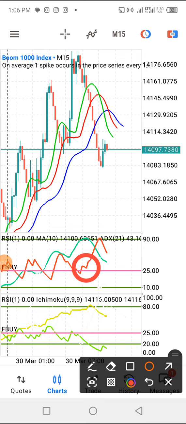No matter how big the spike is, there's no spike that is going to go above this point. So it is going to spike, but definitely it will come back again. Then secondly, you will see that the green line, which is this one, the positive, is below 25. So when the positive is below and the negative, that is the red one, is above, it is showing that there is more power towards the downside. It depends on the time frame. The higher the time frame, the stronger the signal.